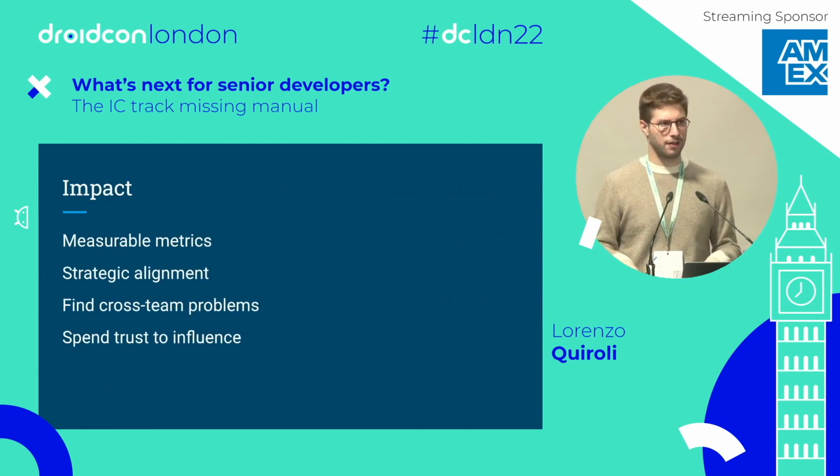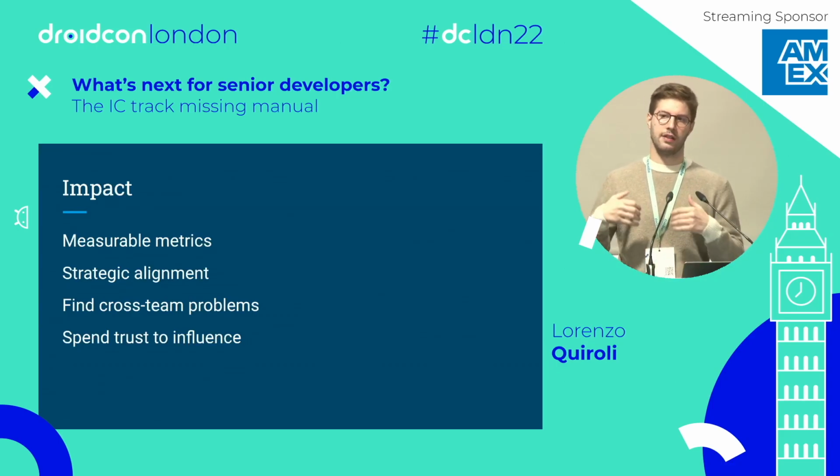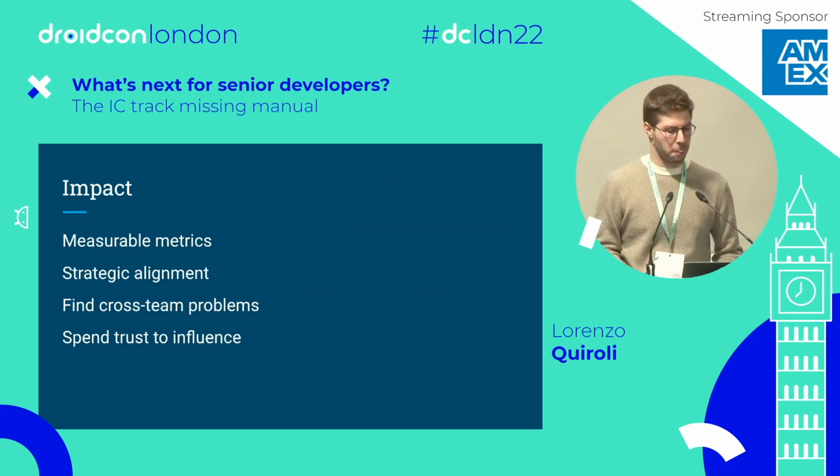Finally, impact is one of the biggest things for staff engineers, and everyone is always accountable for impact. And the truth is, impact is really tricky, because how do you justify to your company, I had this impact? How can you communicate this message that you are worth the role and that you are worth the next level? The single biggest thing for me is having metrics to justify what you have done.